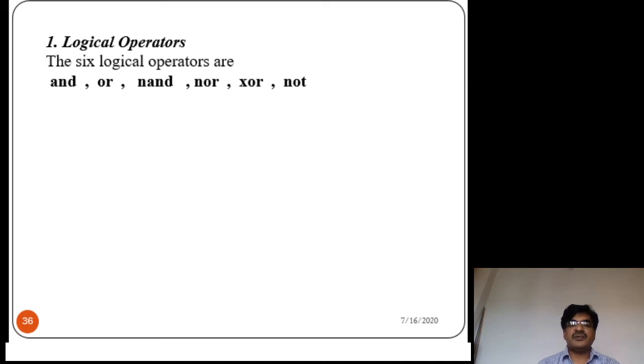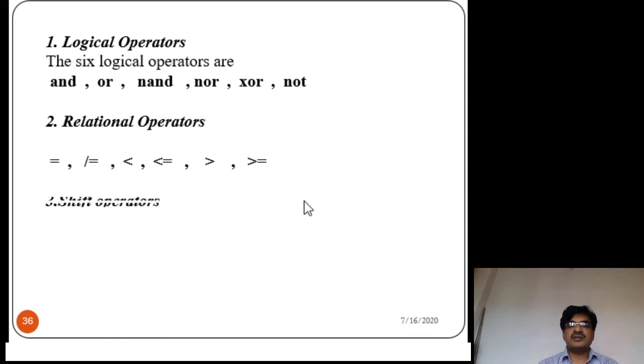Then coming to relational operators, the purpose of relational operators is to compare: equality, greater than, less than, like that. The different relational operators are equal, not equal, less than, less than or equal, greater than, greater than or equal.